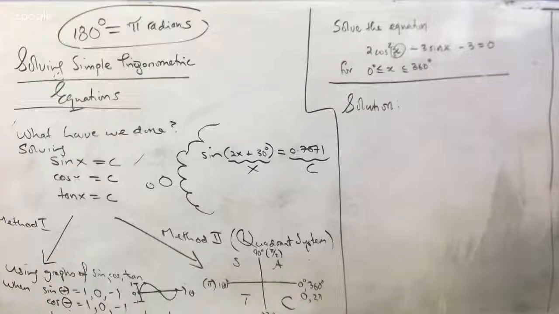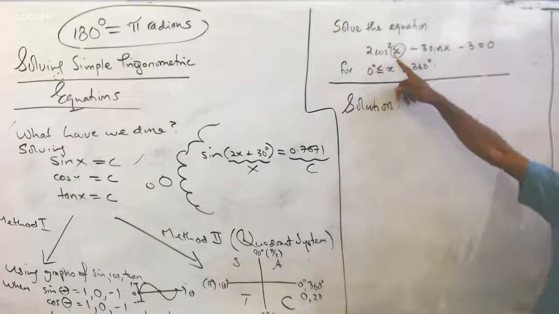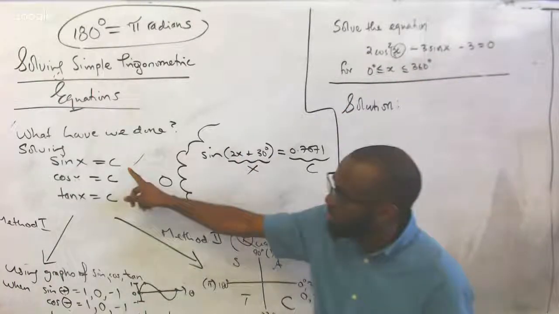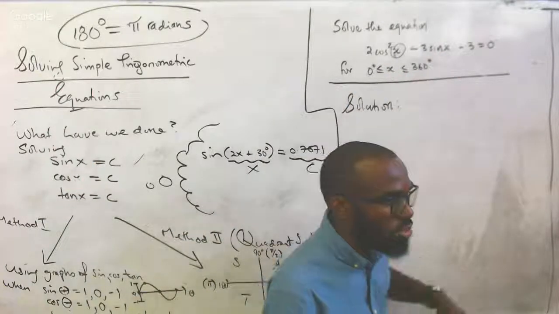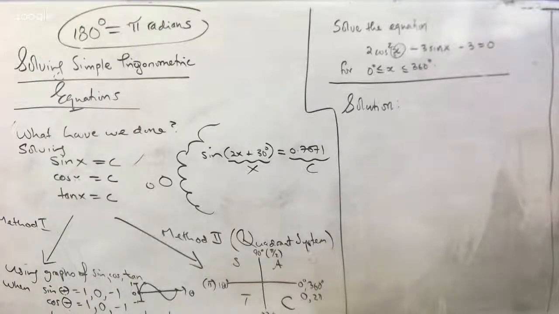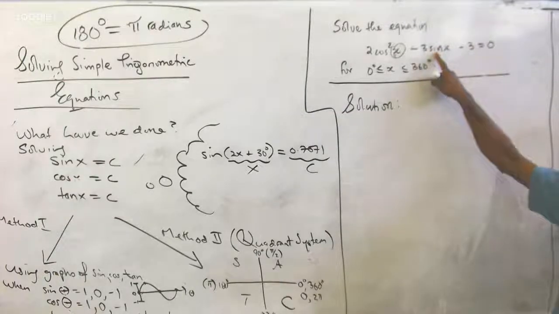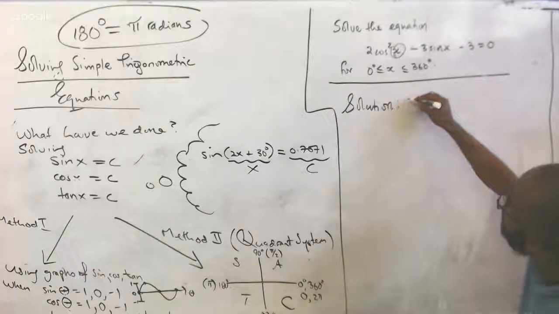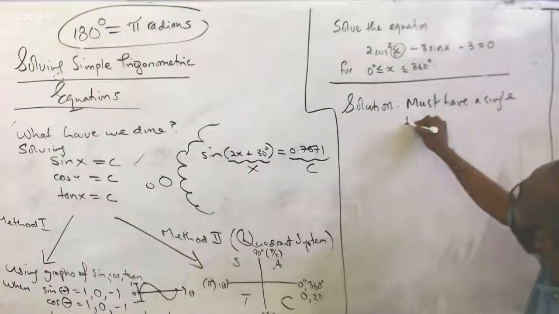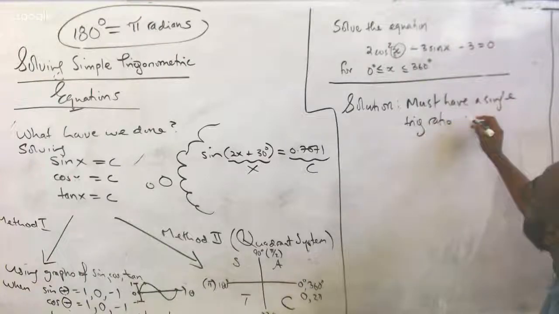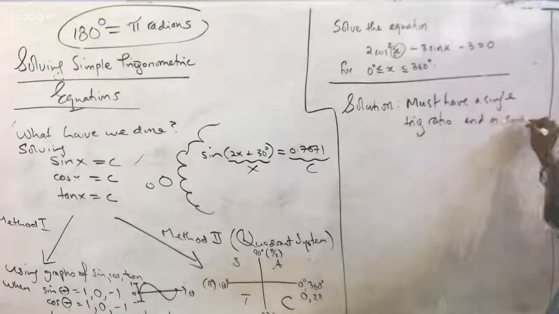The next thing that we typically point out when we're solving trigonometric equations is that if I have more than two terms, notice here, I only have two terms in the equation. See? If I have more than two terms, chances are it will come out to be a quadratic in the end. Right? So here's the thing. In this equation, because we know the only rule is that we must have a single trig ratio and a single angle.